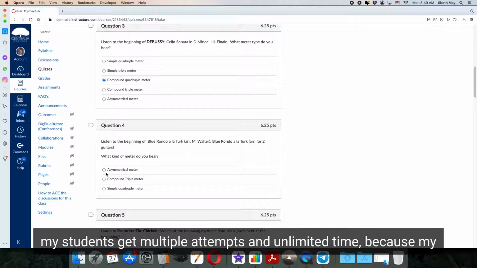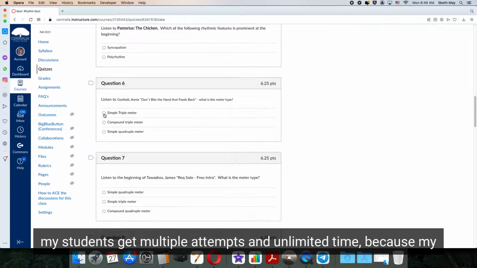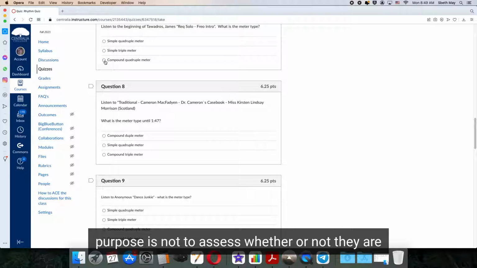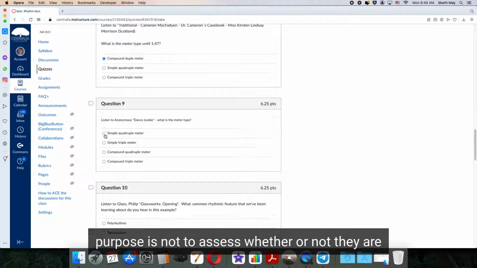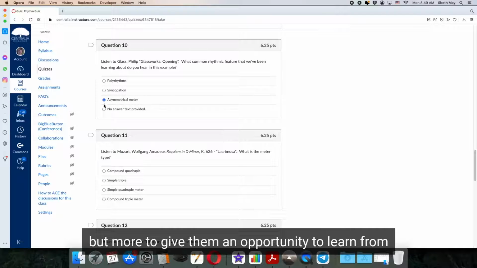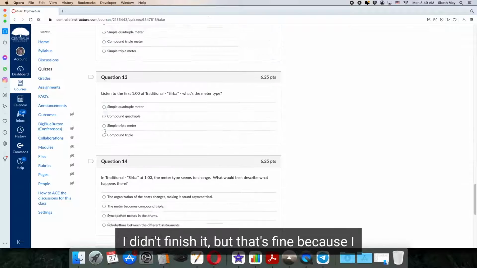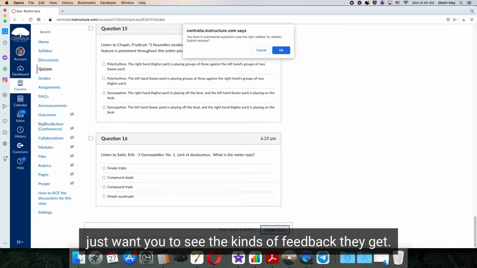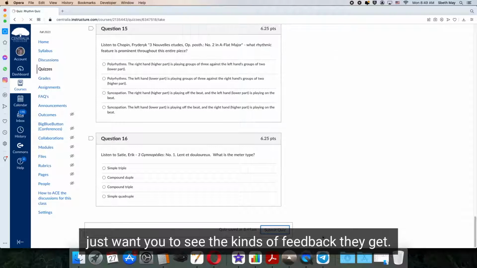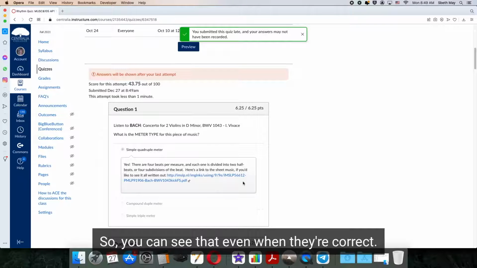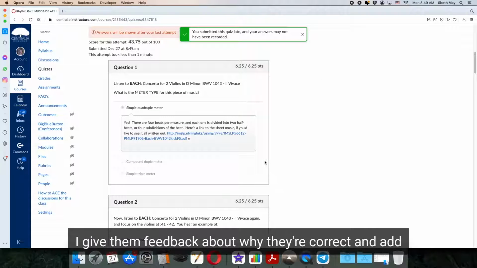And again, my students get multiple attempts and unlimited time because my purpose is not to assess whether or not they are right on their first try, but more to give them an opportunity to learn from taking the quiz. So again, I didn't finish it, but that's fine because I just want you to see the kinds of feedback they get. So you can see that even when they're correct, I give them feedback about why they're correct and